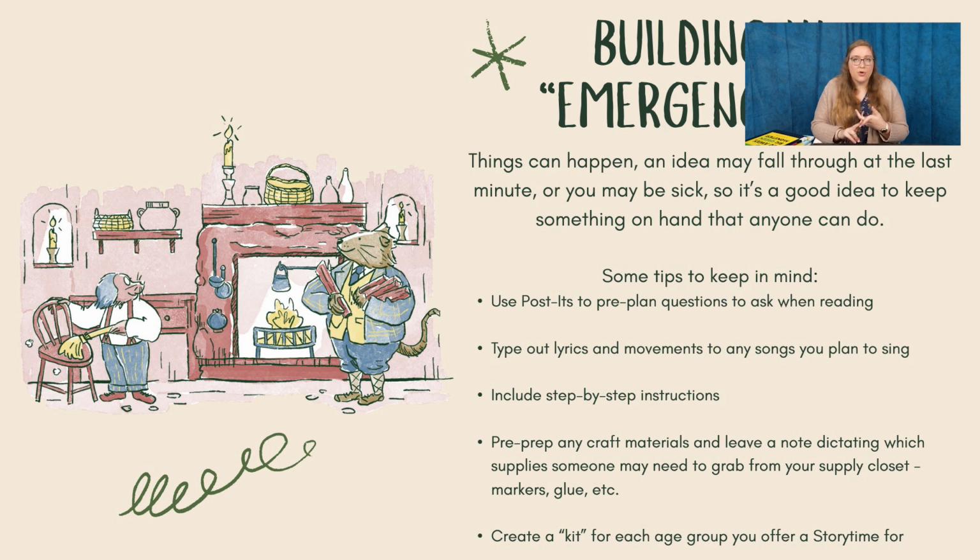You can use Post-its to pre-plan questions that can be asked while you're reading. Stick those on the pages where they're needed. They can pull them off as they go. You can type out lyrics and movements to any songs you plan to sing. You could even say, we're not going to stick to a theme. Here's a few ones that I use. I alternate and use at least once a month. My group definitely knows this, so it'll be easy for them to follow along. And then you can also include step-by-step instructions, including where to find any additional supplies or props that may be needed. Like if they need to get paint or markers or glue sticks, anything like that,